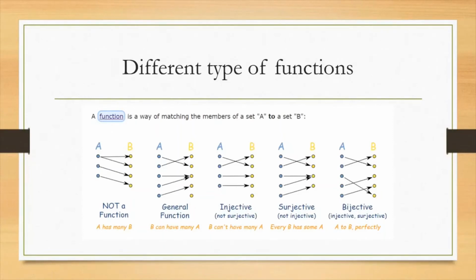So what do we mean by a one-one function? If we take any small x1 and small x2 different in capital A, then the images f of x1 and f of x2 are also different. So by the definition, the second function is not a one-one function. Okay, so consider the third one. Every point has a unique image and every point has an image.